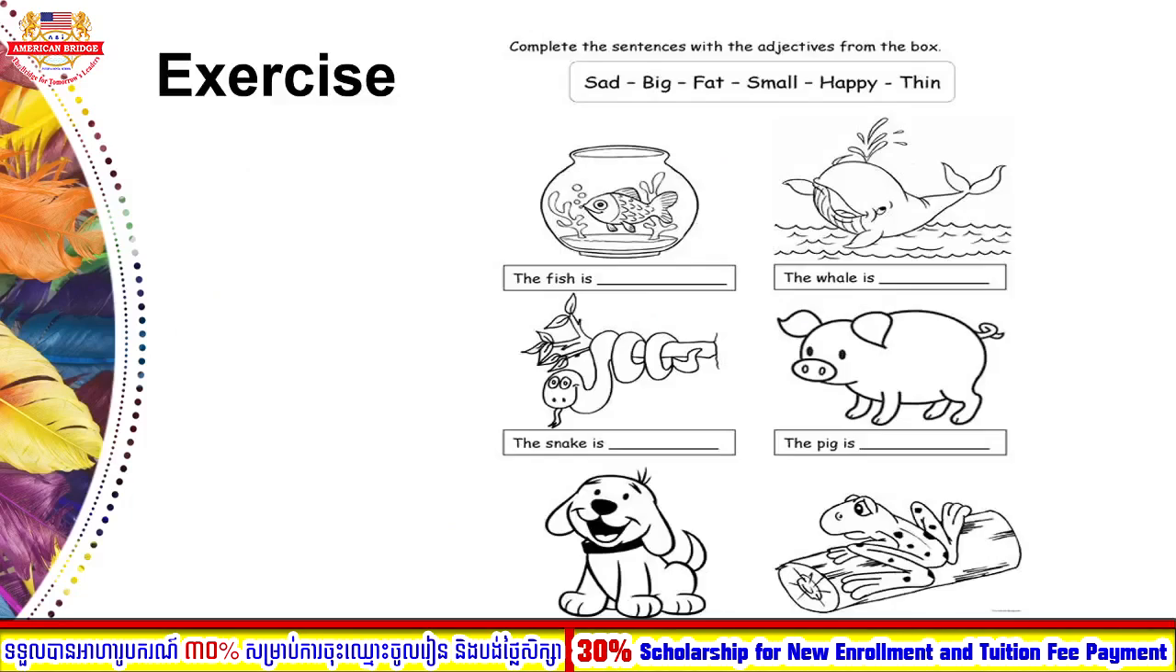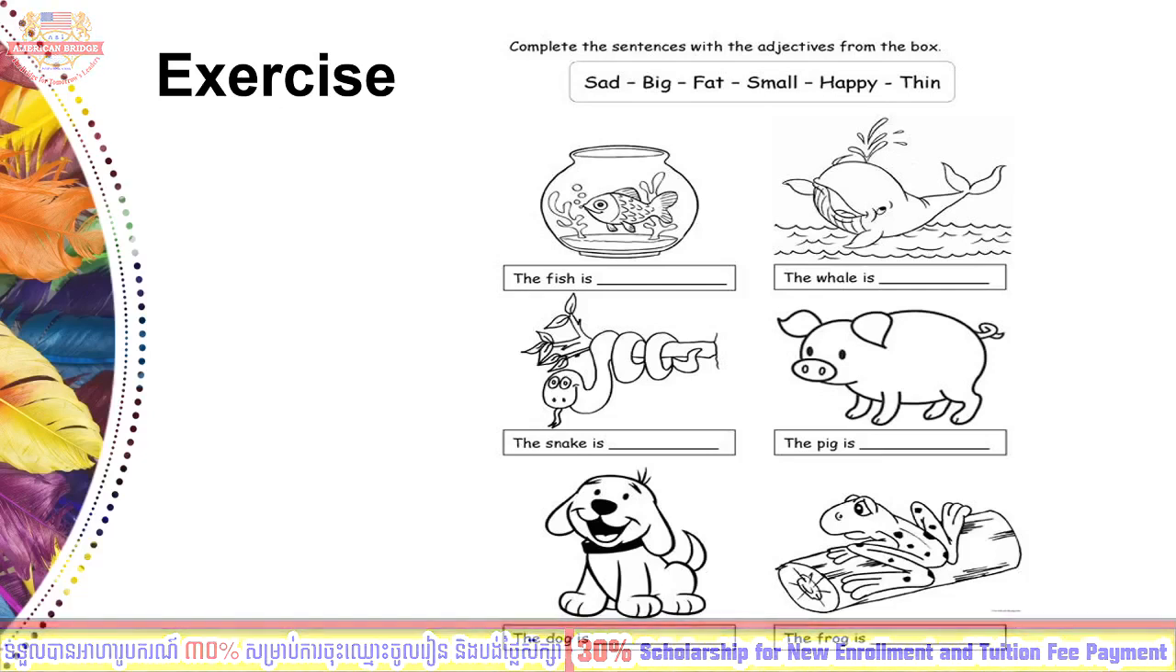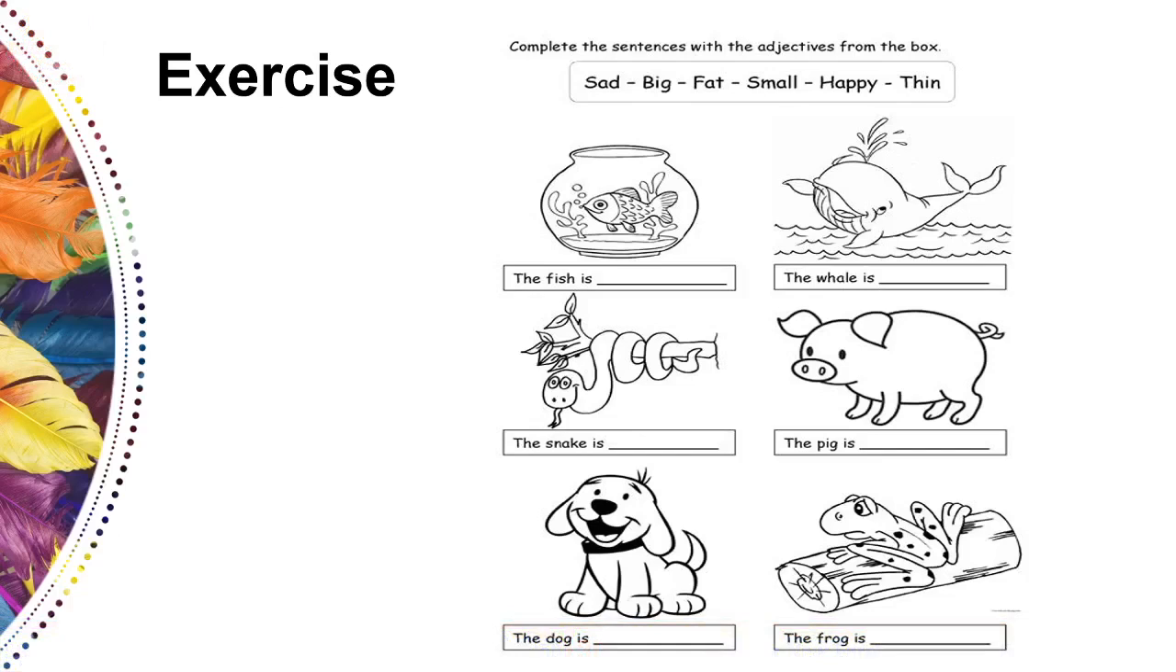Okay, so here is your exercise that you need to write in your notebook. You need to complete the sentences with the adjectives from the box. Teacher has the words here: big, fat, small, happy, and thin. You need to look at the picture first, and after that use the words in the box to change into the comparative adjective, right? So I hope that you understand our lesson for today, and any question you can raise in our group. And one more thing, when you finish this, don't forget to take a photo and send it to teacher